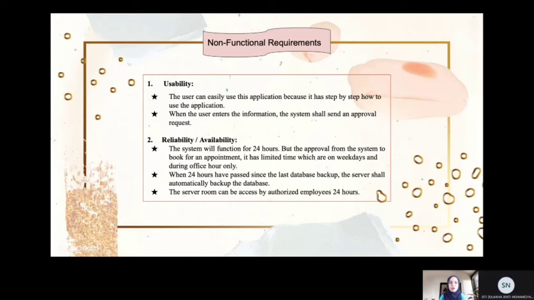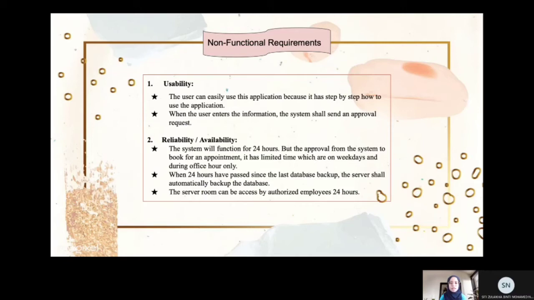This is about the uptime requirement: does the system need to function 24 hours or what? So the system will function for 24 hours, but the approval for booking an appointment has a limited time, which is on weekends and during office hours only.